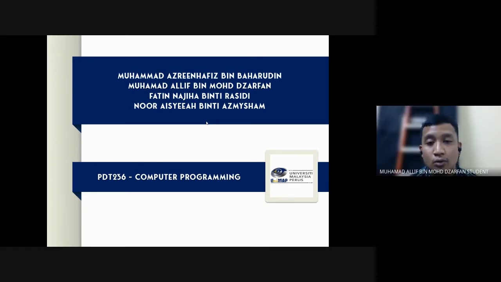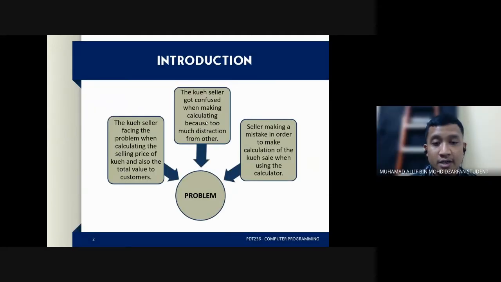So I would like to introduce the introduction of this project. The introduction is about our problems, about the kueh seller problem. The kueh seller faces a problem when calculating the selling price of kueh and also the total value to the customer. Next, the kueh seller gets confused when calculating because of too much distraction from others. And the last one is the seller makes mistakes when calculating the kueh sales when using